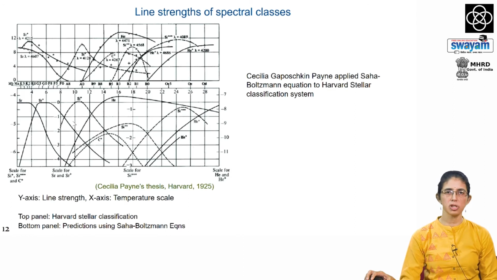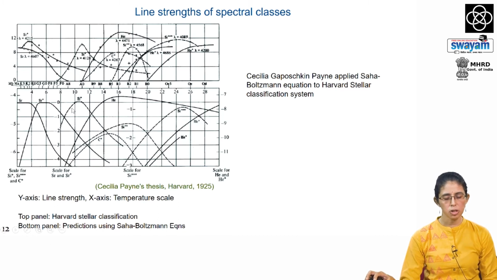Just as we have seen for the case of hydrogen, is it possible also to calculate the strength of spectral lines of other atoms and other transitions using the Boltzmann and Saha equations? This was done by Cecilia Payne in the early 20th century. Here on the left, one can see two graphs. The top graph represents the observed line strengths as a function of temperature determined by Annie Jump Cannon and her colleagues for various species, and